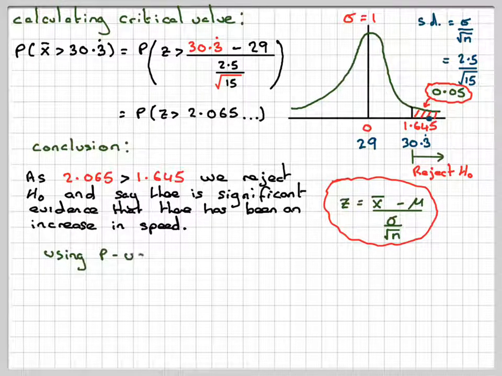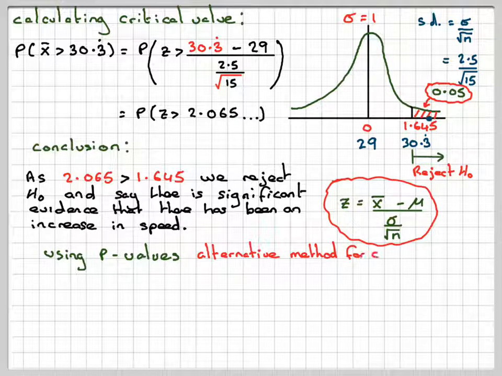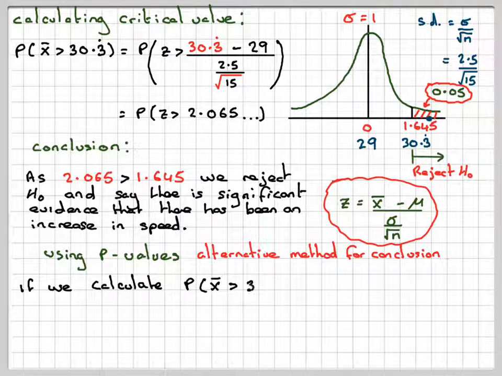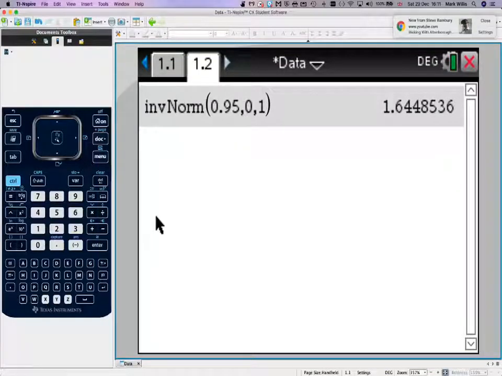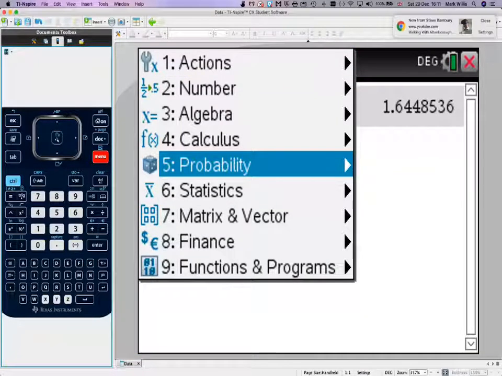Now, an alternative way is to use what's known as p-values. So this is an alternative method for the conclusion. So in doing this, you need to calculate the probability of x bar being greater than 30.3 recurring, for x bar being normally distributed with mean 29 and variance of 2.5 squared over 15. So you can do this on the calculator as well. So you go to menu, probability,